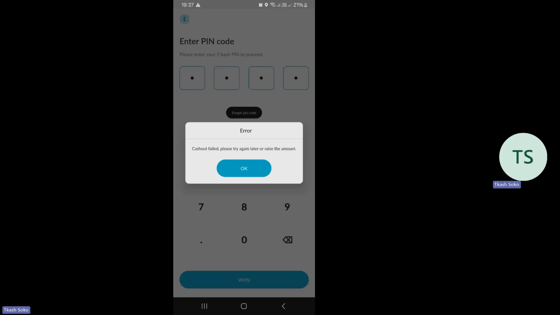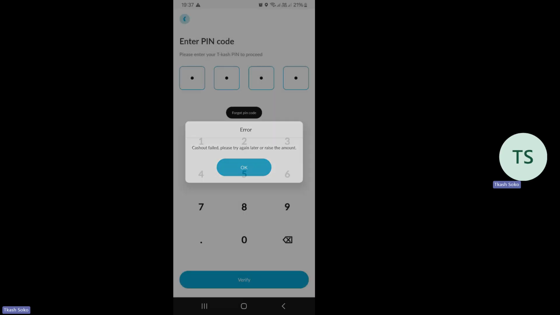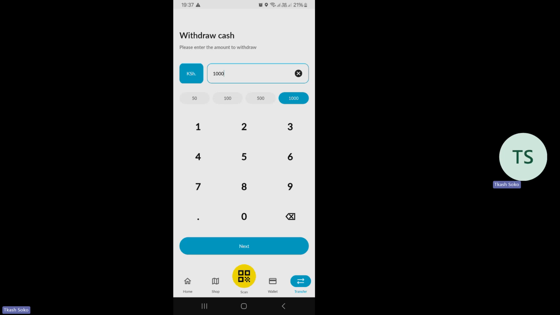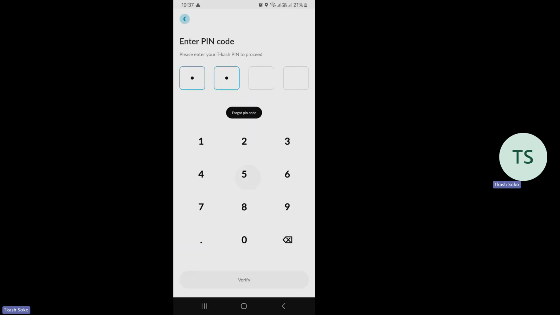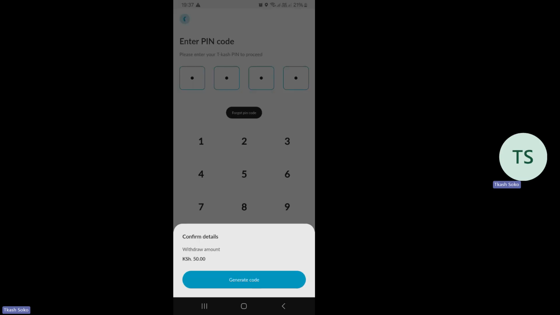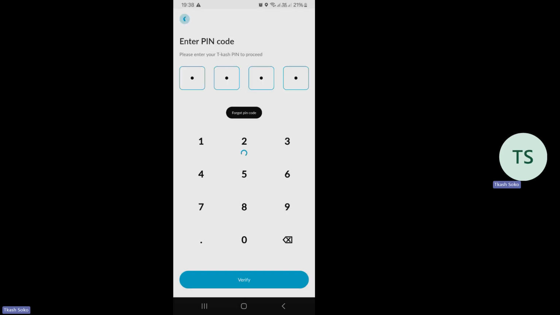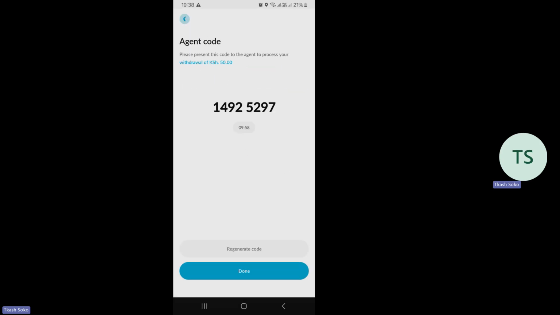Let me go back a bit and change this withdraw amount from 1,000 to 50. Then I press on next, and I enter my PIN code. Once I enter my PIN code, I press on verify. I generate code. Then a code is generated.